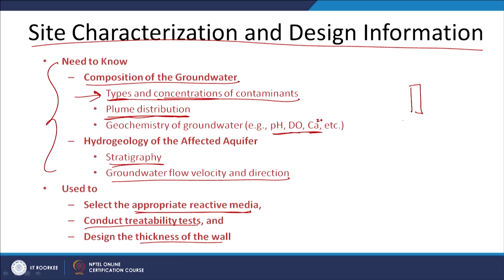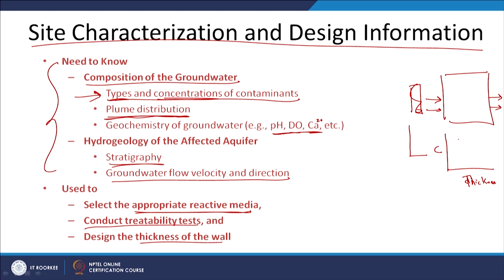But what will the thickness of the PRB be determined by, right? It will be determined by the kinetics, as in how fast can the reactive media degrade your particular contaminant that is going to flow through your PRB. This is the side view and this is my PRB, and let us say I am looking at the concentration profile here. This is the thickness and the contaminant is coming in and going through, and this is concentration on the y axis and distance or thickness of the PRB here,